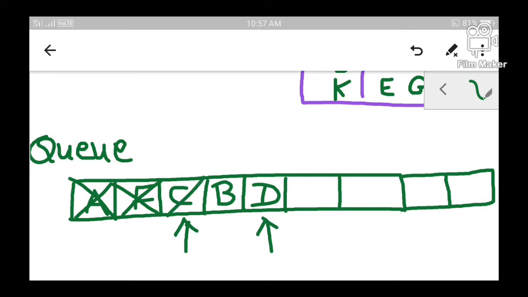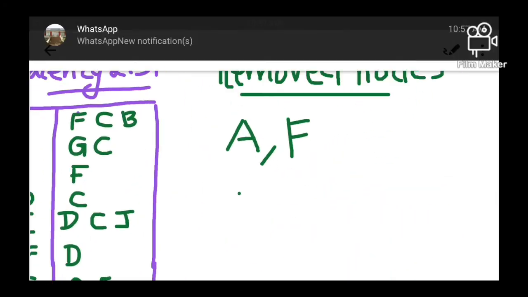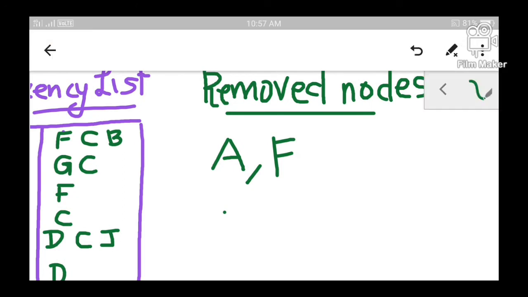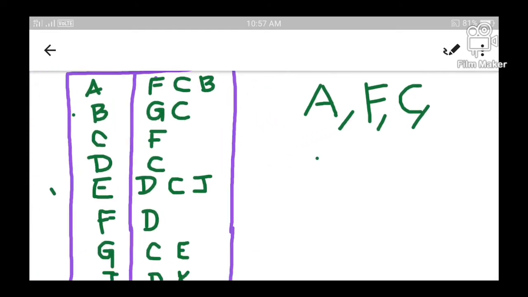Again repeating the process, remove the front element from the queue. So this time I am going to remove C from the queue. Since C is removed, I am going to specify it in the list of removed nodes. Once C is removed, the adjacent node of C is to be inserted into the queue.